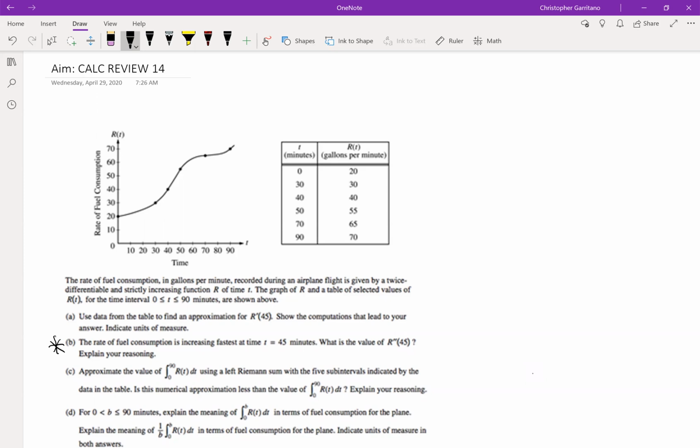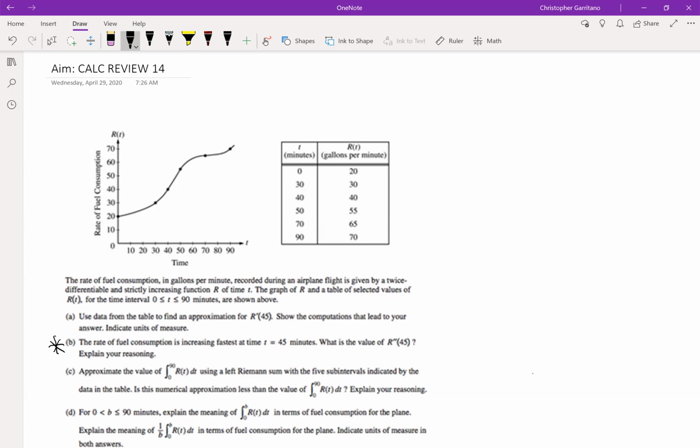All right, so we're going to talk about part B from the first problem. Part B states that the rate of fuel consumption is increasing fastest at time t equals 45 minutes. What is the value of r double prime of 45? Explain your reasoning. All right, this is a difficult problem, but